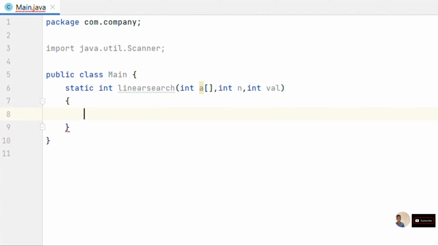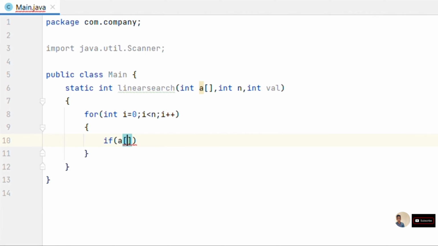Inside this static method, traverse the array. Use a for loop: for int i equals 0, i less than the array length, which is n, i plus plus. After that, inside the for loop, to search for the element we want to find in the array, we are going to use an if condition.